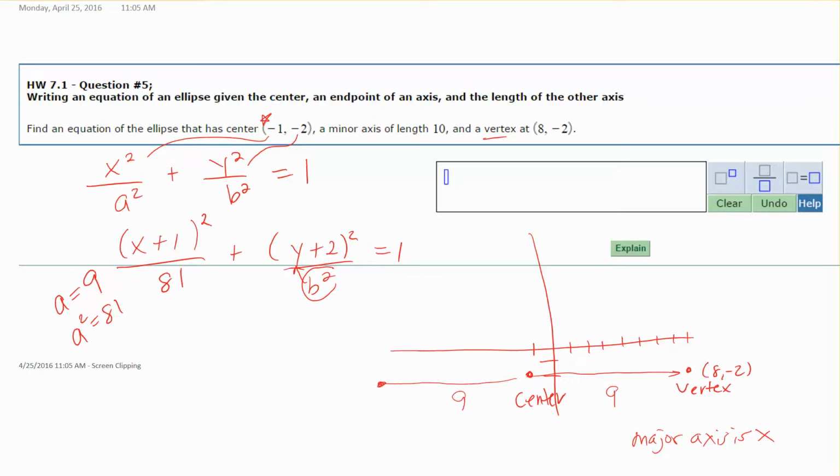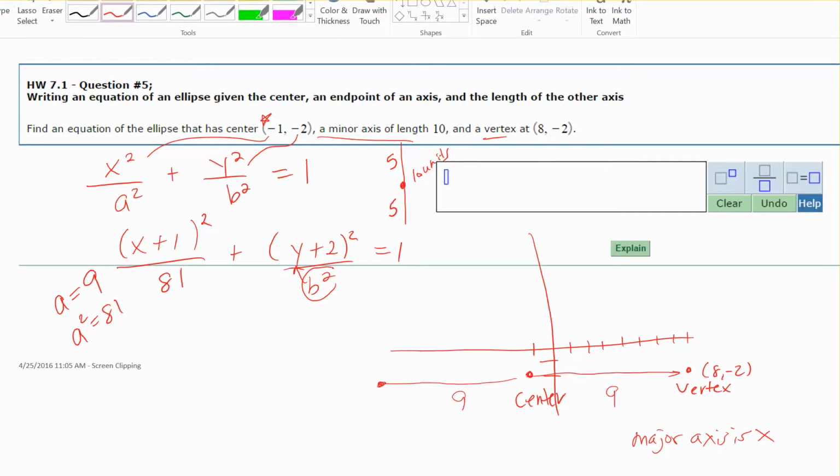Another piece of information given to us is the minor axis length is 10. Well, if my major axis is x, then your y is going to be your minor axis. Minor just means it's shorter in length. So if the length of it is 10, that means the total vertical segment is 10 units with your center in the middle. So that means you have to go 5 each way from the center to graph the endpoints